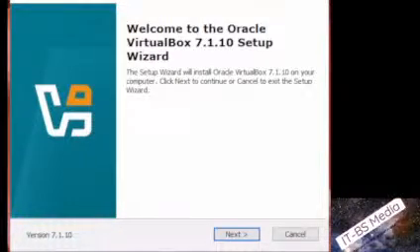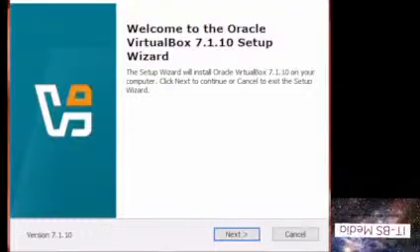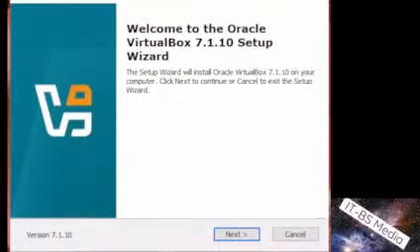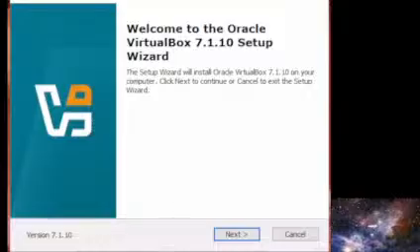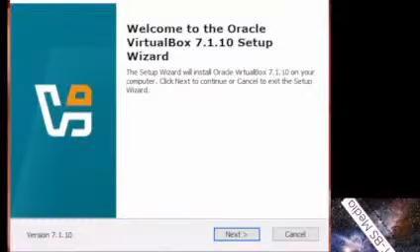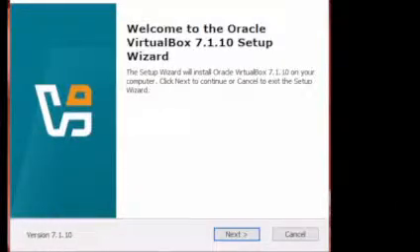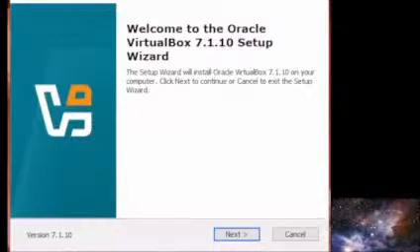This will be the first page. It says welcome to the Oracle VirtualBox 7.1.10 setup, if you download it now. This is the latest version, and once you click on next,